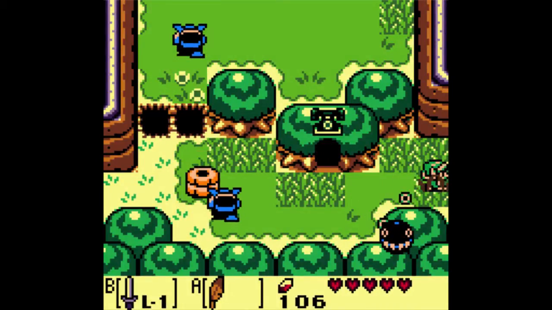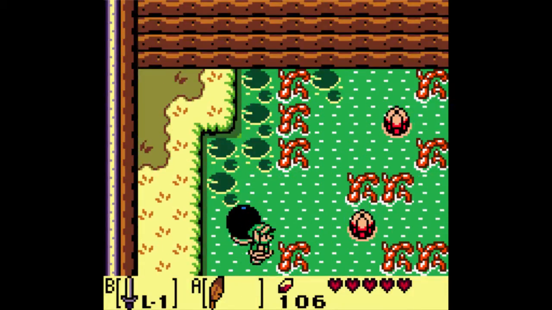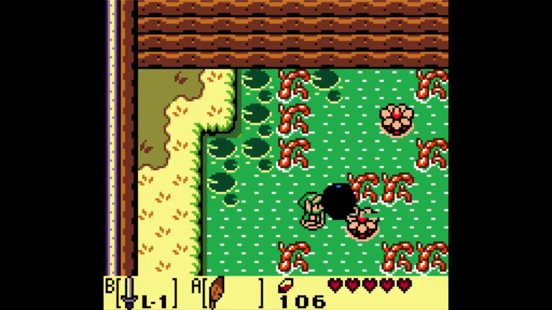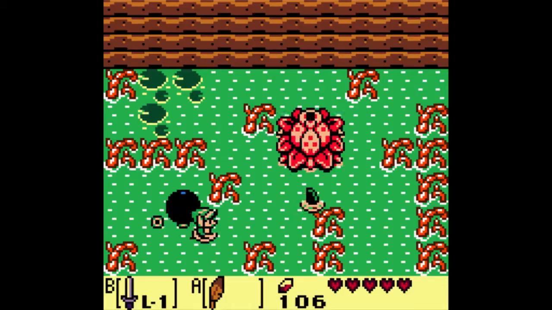Elryra is more or less a guide. At certain telephone booths throughout the game, there's one in Mabe Village, one here, a couple somewhere else. You can call him for a very slight hint on where to go next. It's nothing too major. Either way, Bow Wow can do something that we can't at this point, which is kill